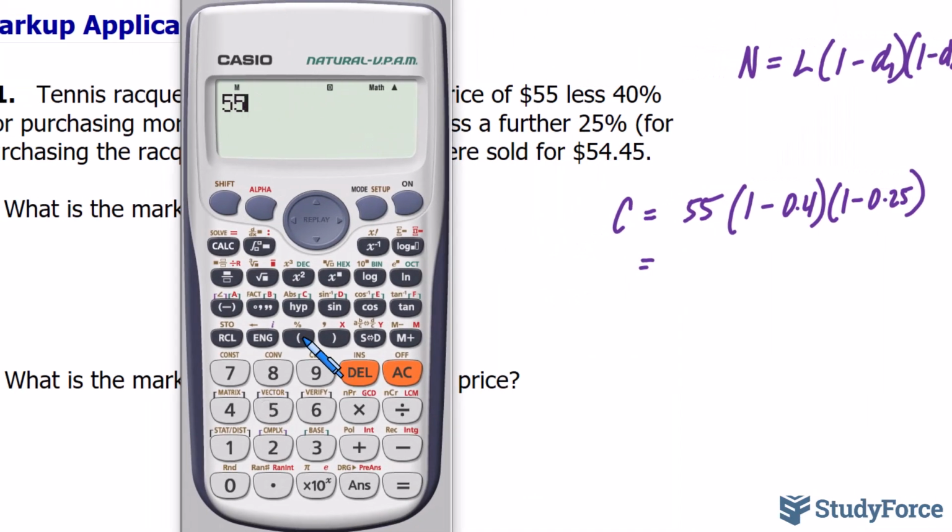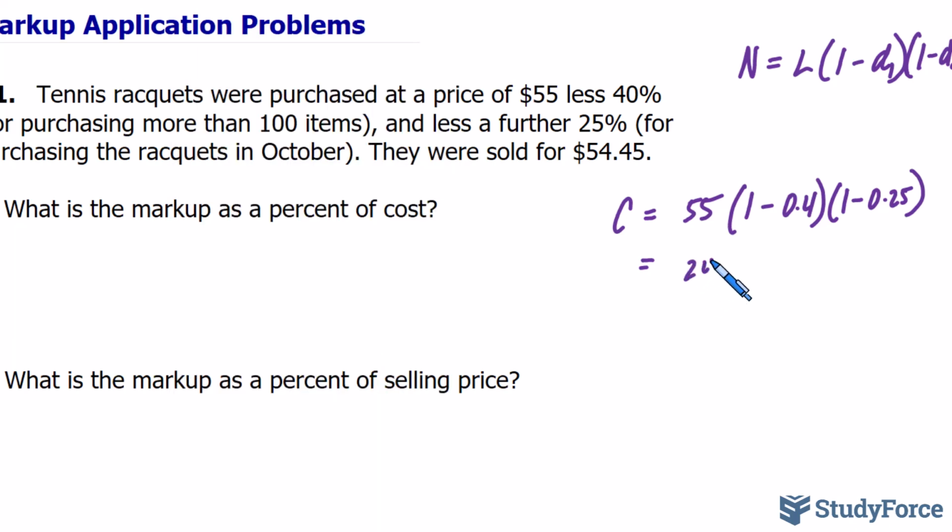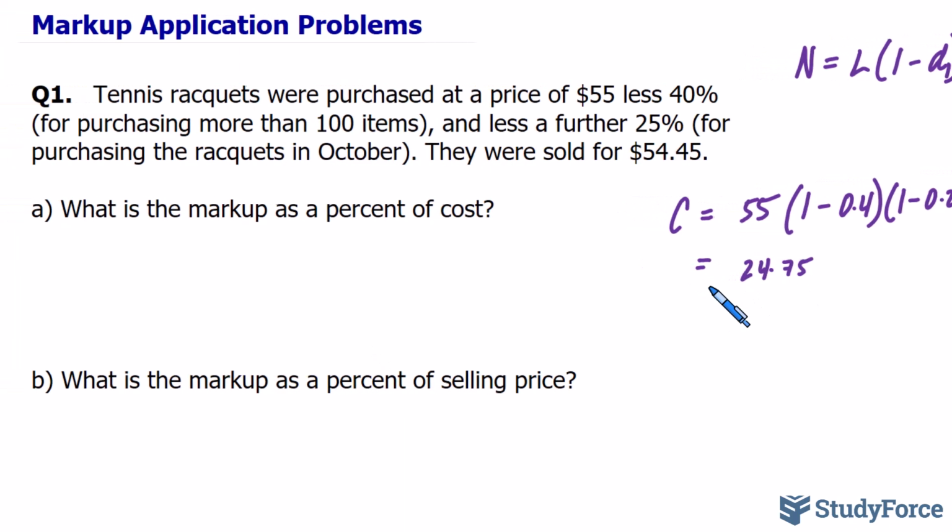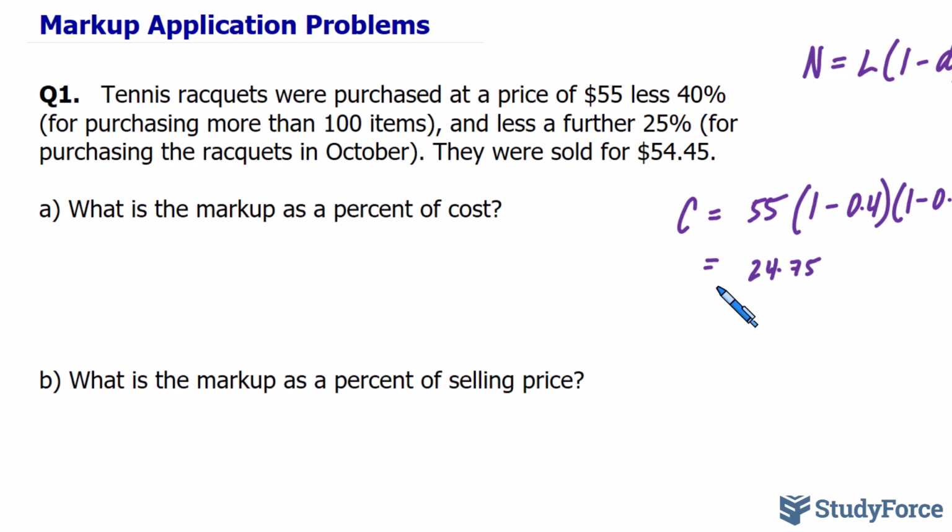So 55 times 1 take away 0.4 times 1 take away 0.25. And this means each of those tennis rackets cost $24.75. Now we need this value because for question A, we're being asked, what is the markup as a percent